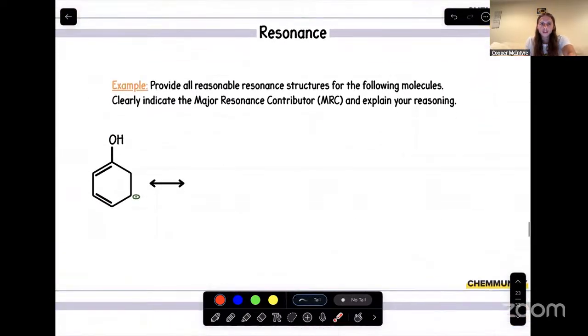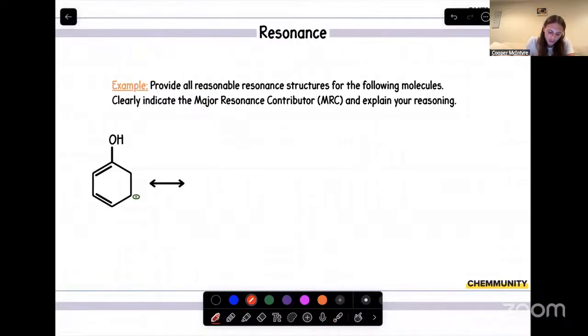But in this case, we are starting with a positive charge. We always want to start with our charges, but we also want to start with the electron density. We know that a positive charge means we lack electron density, but what do we have over here? We have a pi bond, which has electron density. So let's try to move that electron density from the pi bond into that positive charge, or towards it. We'll move one arrow on down to form a new pi bond.